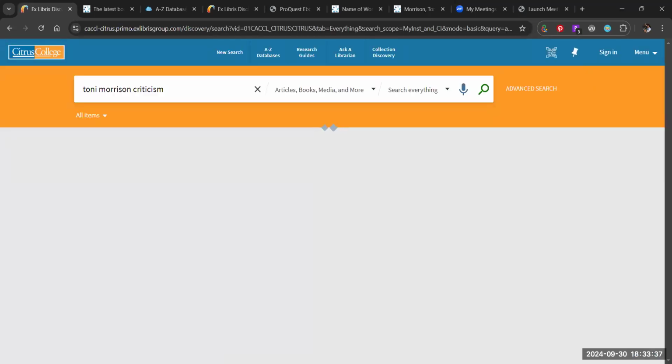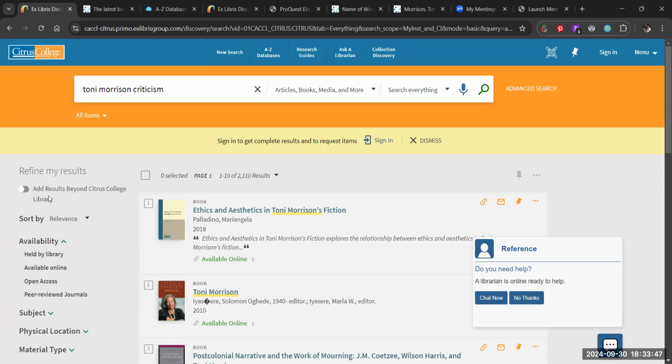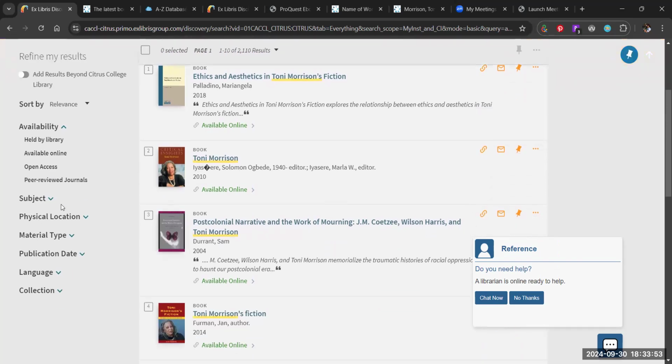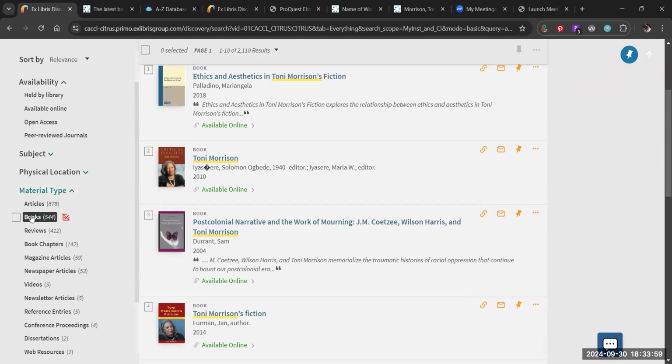Okay, so I go to Toni Morrison criticism and I search all the things and it gives me 2,100 results, and that's just what's in our library. I can go beyond the library if I so choose. But let's just say I want to stick within what we have immediately accessible at our library, and I really want a book. So what I'm going to do here is go down to material type, click on that,